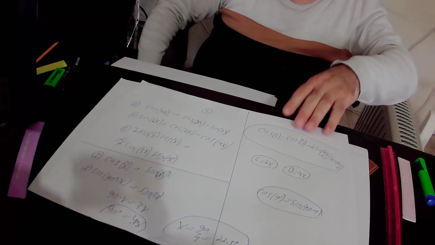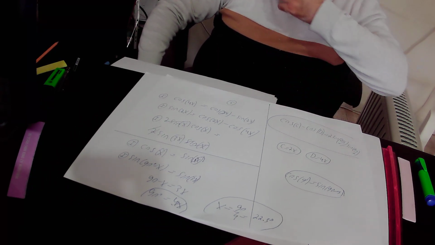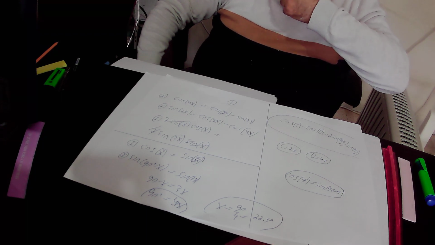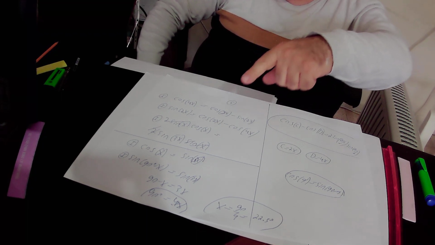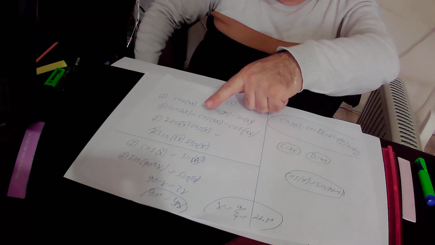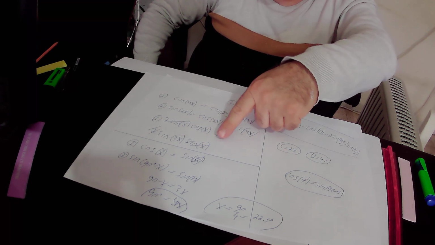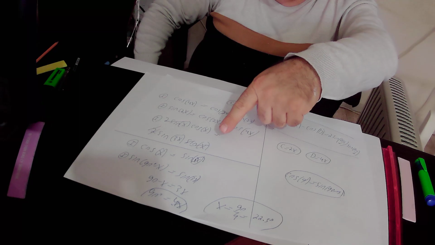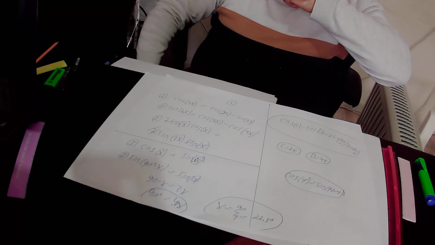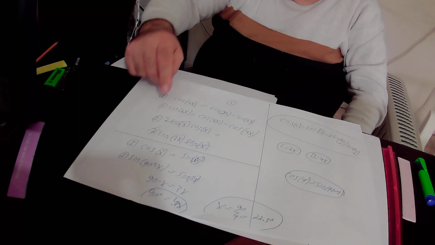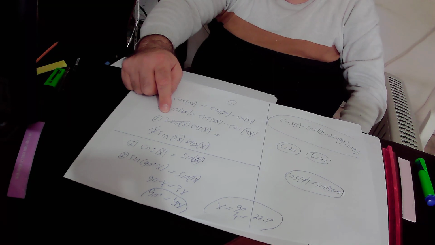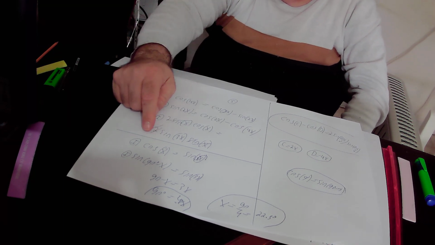And according to this trigonometric identity, we got that 2 sine x cosine x equals 2 sine 3x sine x. Then we divided this equation number 1 by 2 sine x, and we got that cosine x equals sine